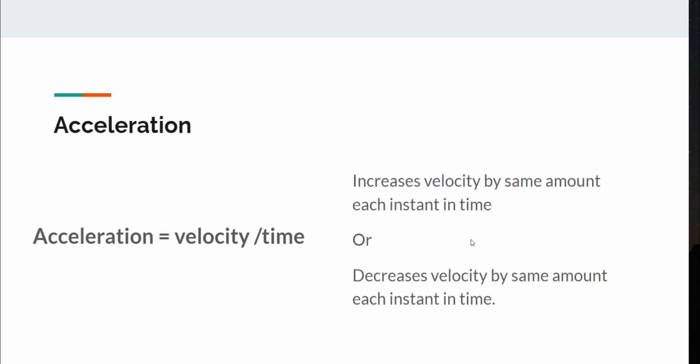So what does it mean to accelerate? We talk about that all the time. Well, in physics, acceleration is the rate at which you increase your speed. You're either going to increase your speed by the same amount every instant in time, or it can be decrease